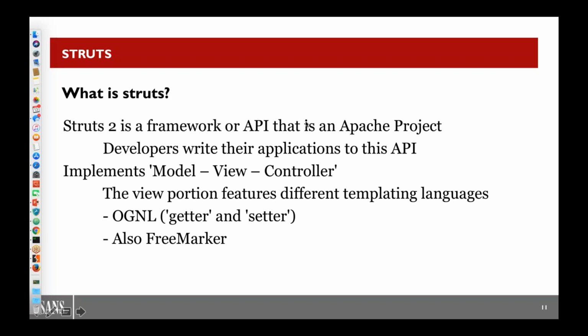I wish it were. If it were, so what is this? Well, Struts was, I guess if you were to make this a big picture, in Java,